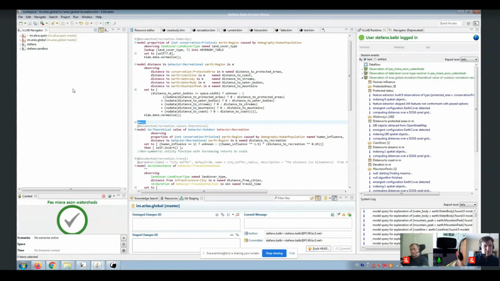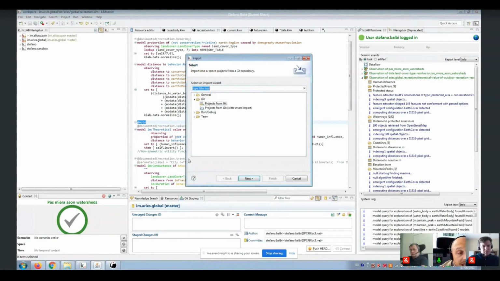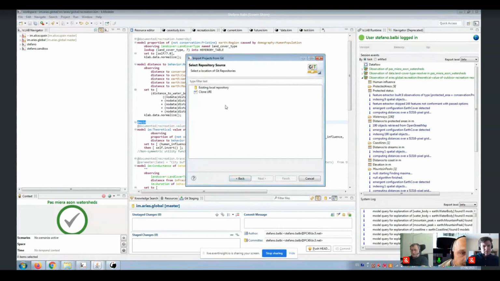Well, what I like to do is to import our knowledge base, which comes with the software when you download the software. So you do project import, project from Git, existing local repository.